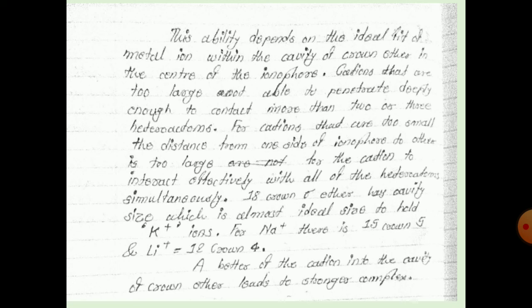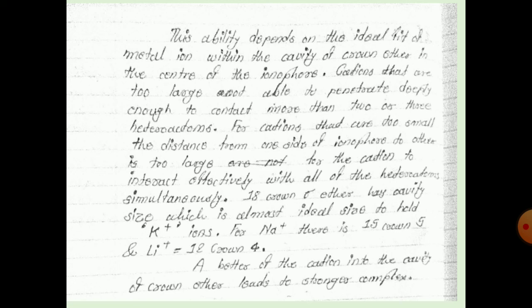In the comparison of the hydrophilic cavity sizes of the various crown ethers and the diameters of the unsolvated alkali metal ions, it shows that 12-crown-4 and Li+, then 15-crown-4 and 15-crown-5 with Na+, and 18-crown-6 and K+ are well matched. On the basis of this discussion, it can be concluded that a particular crown ether is more specific for a particular metal ion than for the others.